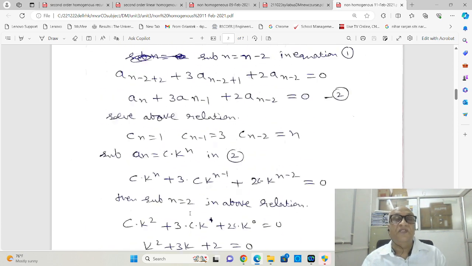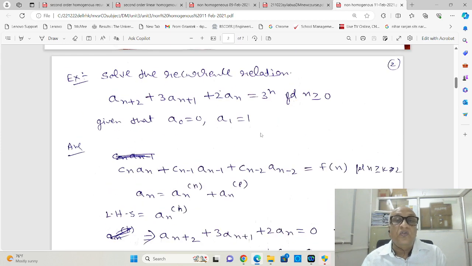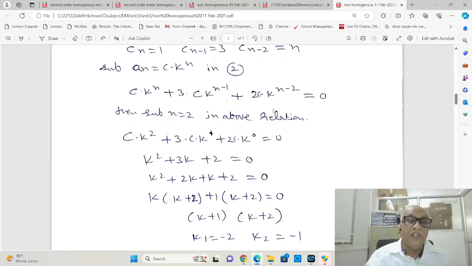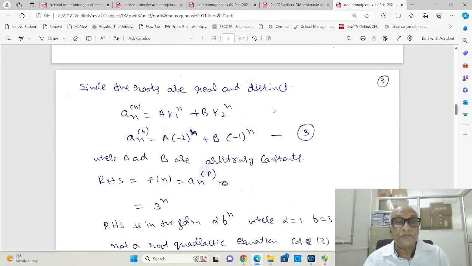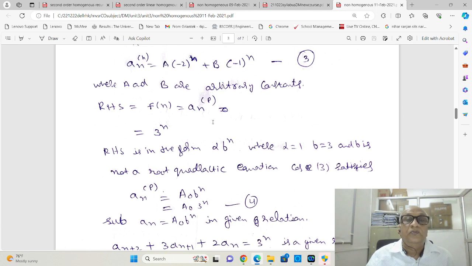What is the function f(n)? Let us look at the RHS. So what is given on the RHS? 3 to the power of n. On the RHS 3 to the power of n is given. So RHS is of what form? This 3 to the power of n is of what form? It will be of this form,